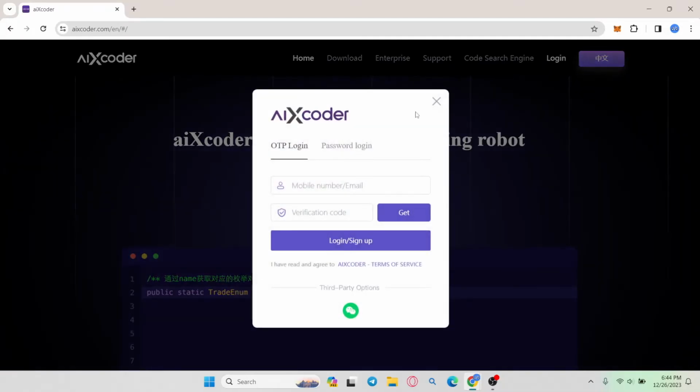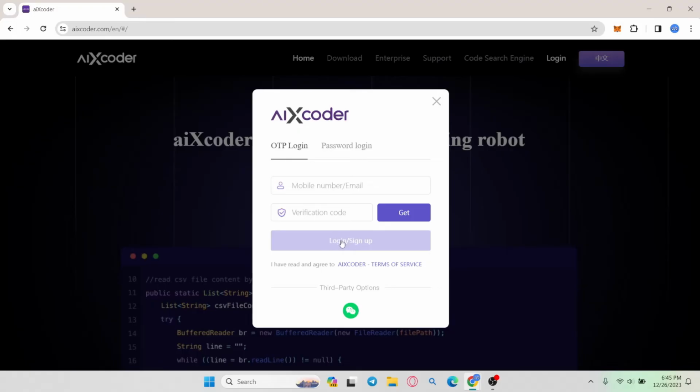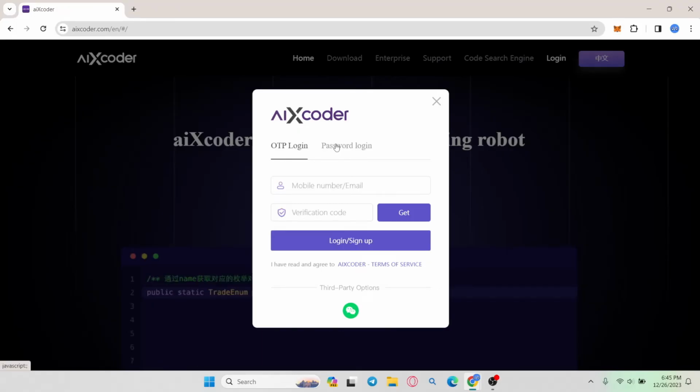Click on the login button and you will be asked whether you want to log in using your OTP or your password. You can enter your phone number or your email address and then click on the get button and you will get the verification code within your phone number or your email address. You can simply type it in and then click on the login/sign up button, or you can go ahead and